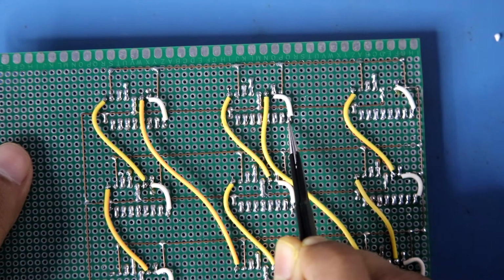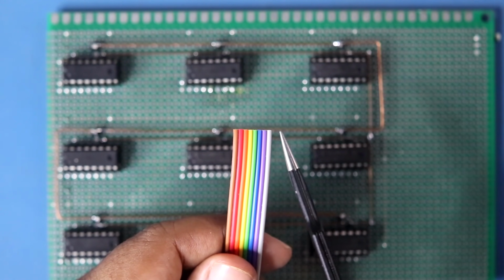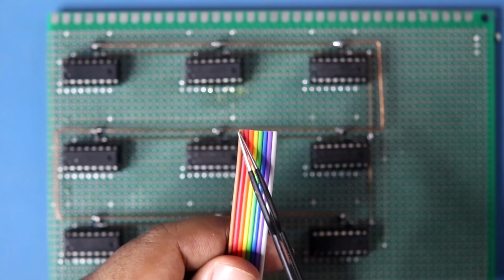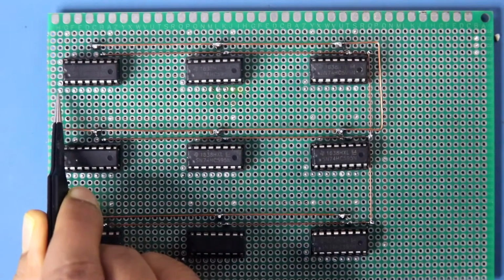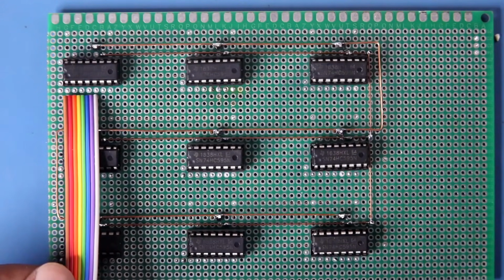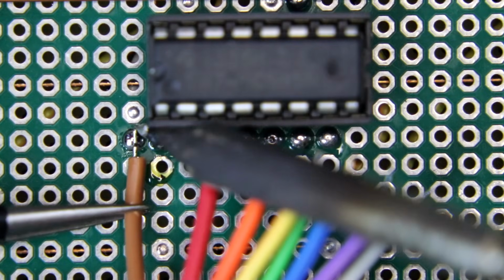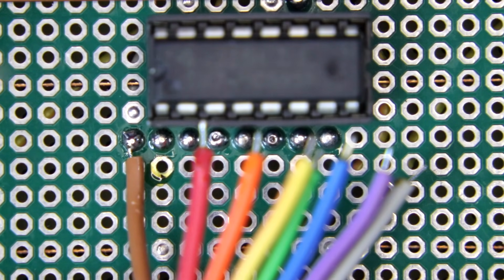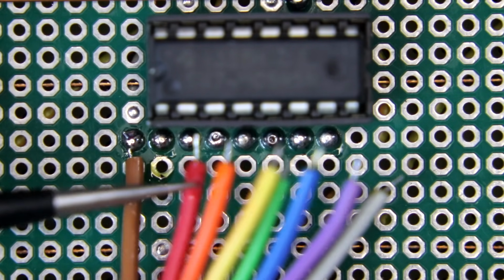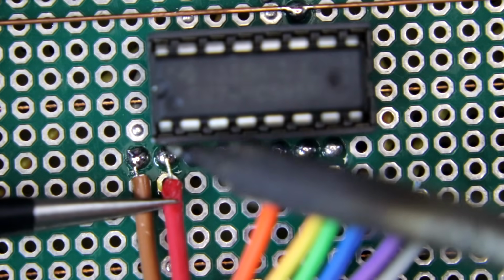So now we will have the output serially. Output 1 to 8. Brown is 1 and grey is 8. So brown should be connected to the pin number 15 here, and we have to connect in this way. Brown to pin 15, red to pin 1,